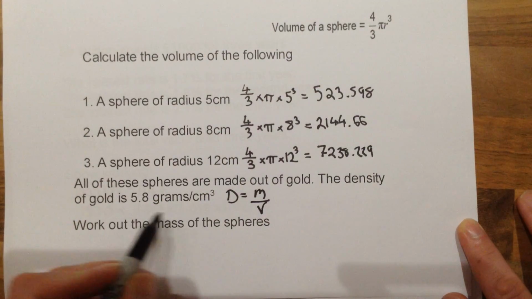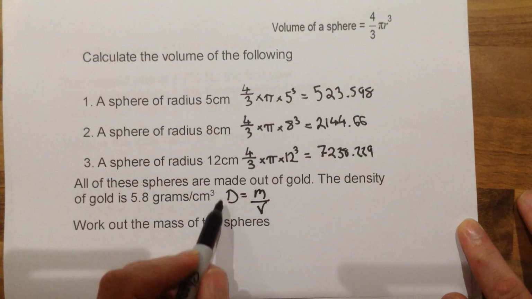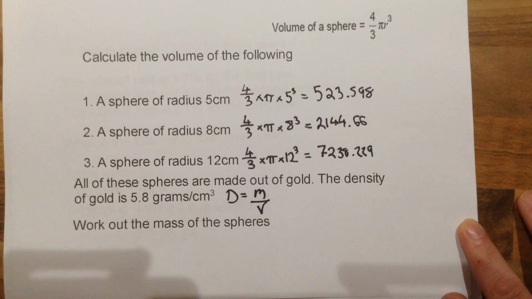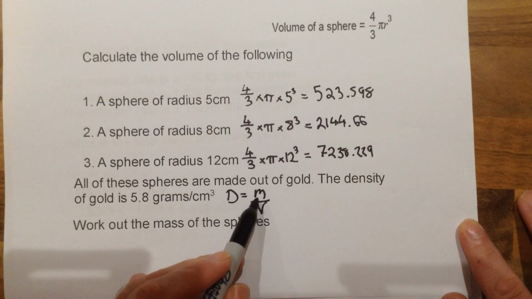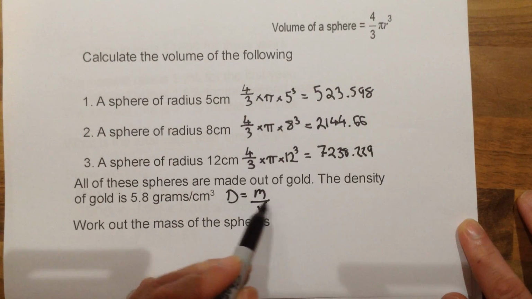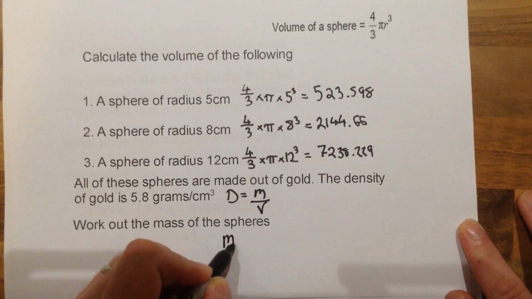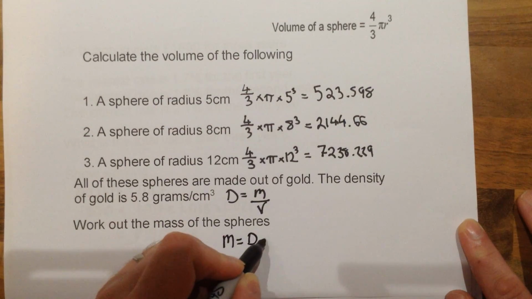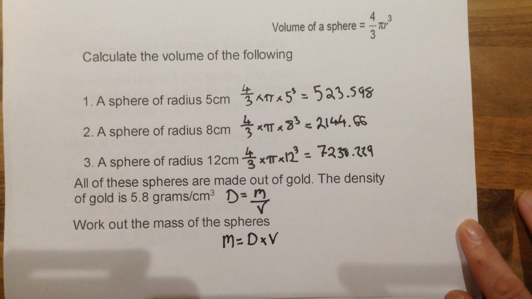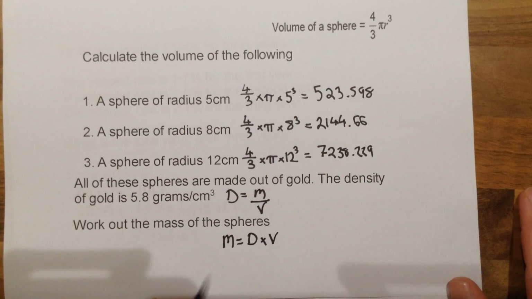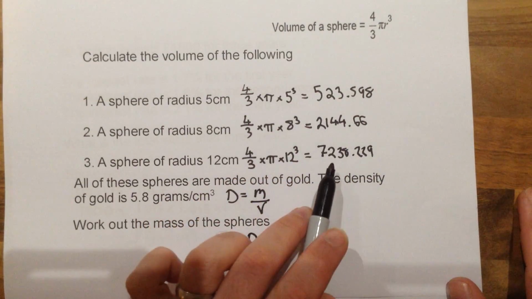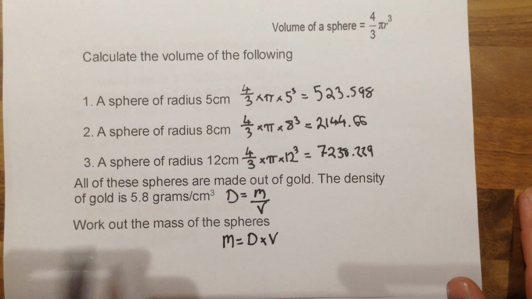We are being asked to find the mass. So if I rearrange this formula to make m the subject, I would have to times by v to undo the divide by v here, therefore giving me that mass is equal to density times volume. So all I'm going to need to do is multiply the 3 volumes that I got here by the density,